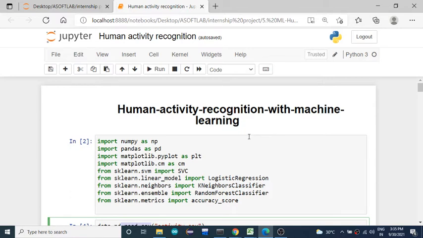There are many classification algorithms available in the machine learning field. You can use any of them as per the requirement. Select the model, select the algorithm.